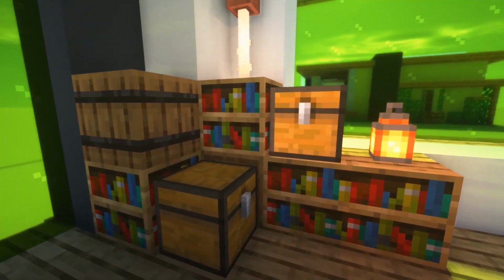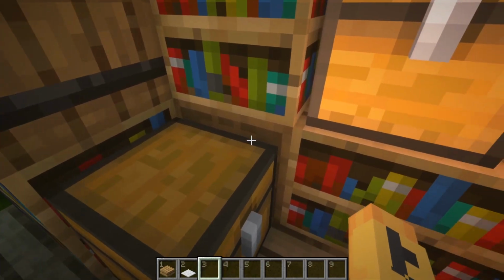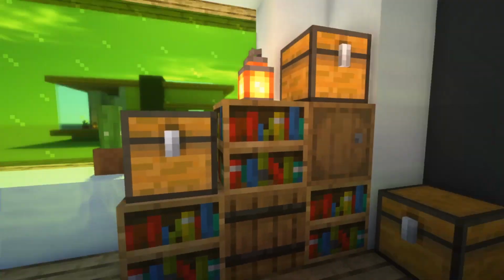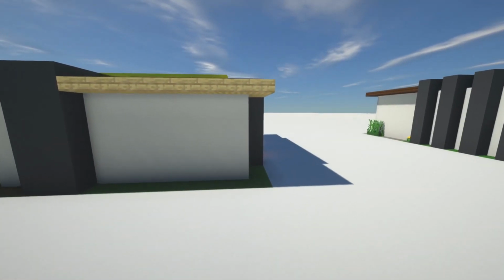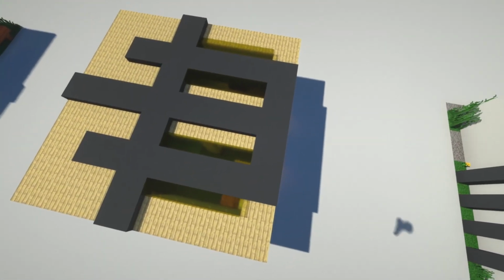but it still has a bed right here, some storage with some more bookshelves, and a kind of hidden barrel right there. Then here you have some more chests with barrels and bookshelves, and finally the entrance to the garage with the motorbikes. Going into the birch one, as you can see, it has a bit of a pattern that kind of